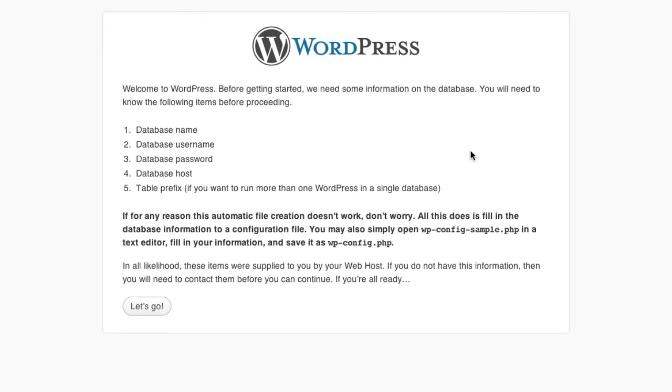After you've created the config file, you'll be presented with this installation screen. Now, what we'll need is the name of the database that we created, the name of the database username that we created before, and also that crazy looking password that we copied down in a safe place. And that's pretty much it. So if we click on Let's Go,